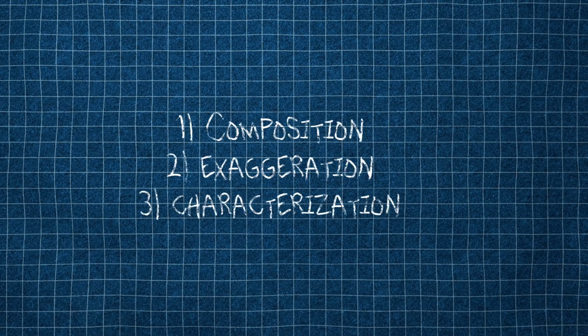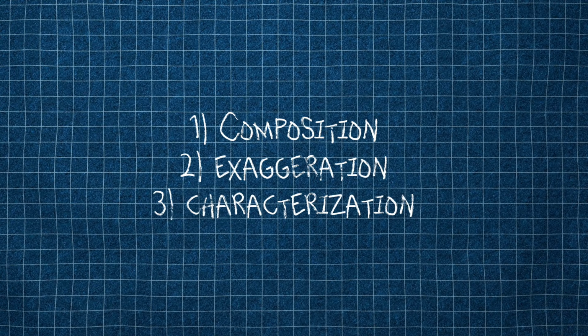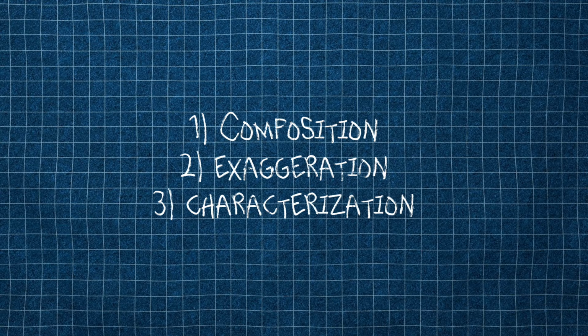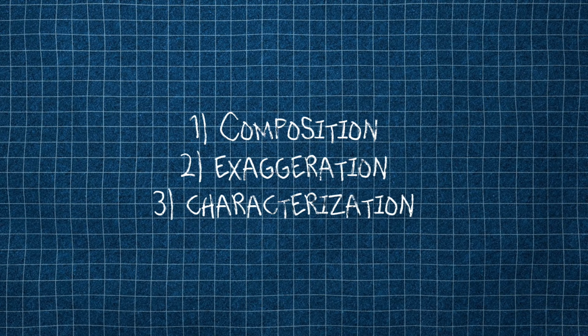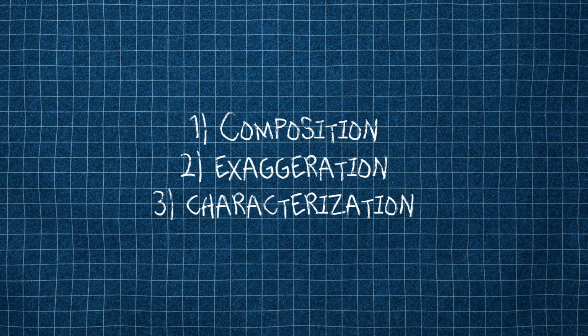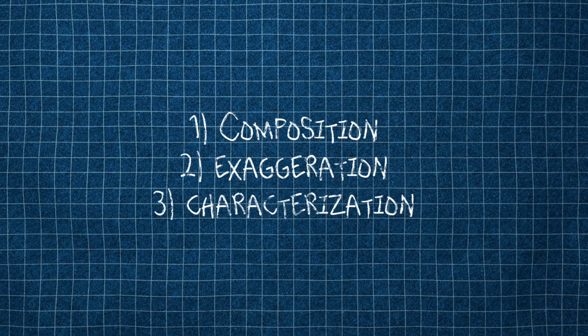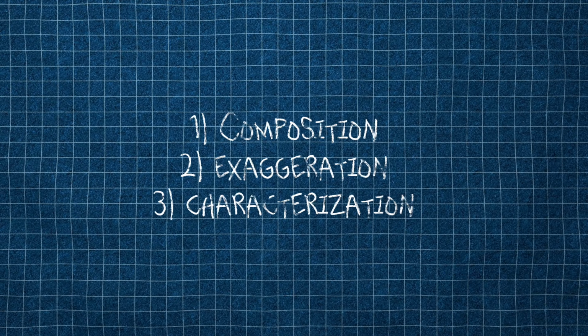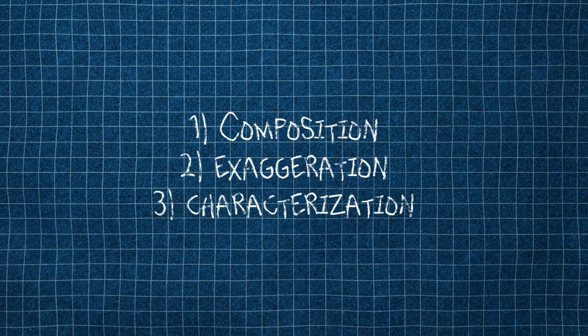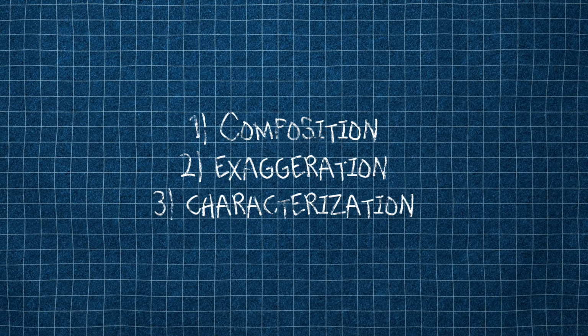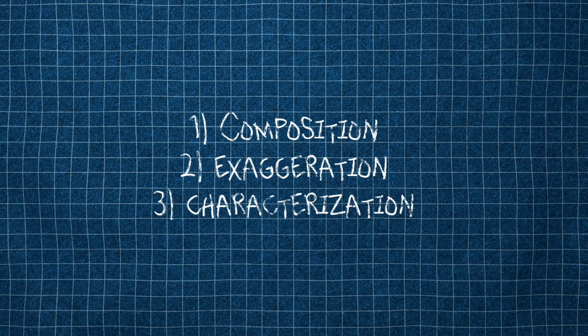These three elements, composition, exaggeration, and characterization, work together to create an engaging, visually appealing animation. They help bring the story and characters to life, making the animation more immersive and enjoyable to watch. Some examples of people who are experts are these are